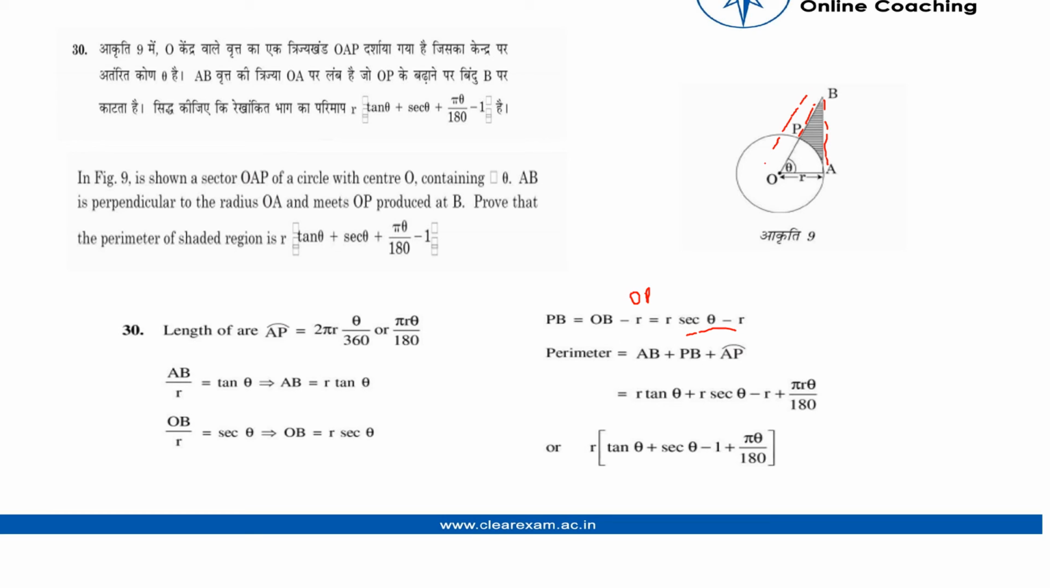Okay. So the perimeter of this shaded region is AB plus PB plus arc AP, where AB is equal to r tan theta, PB is equal to r sec theta minus r, and the arc AP is equal to pi r theta upon 180. So when we take r common, we get the value r(tan theta + sec theta - 1 + pi theta upon 180), which is